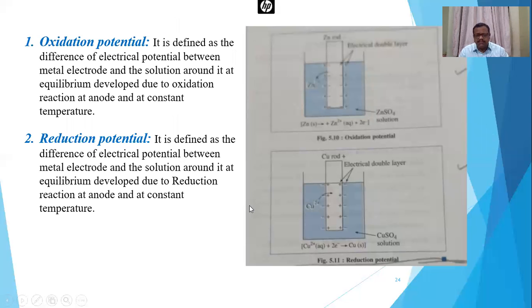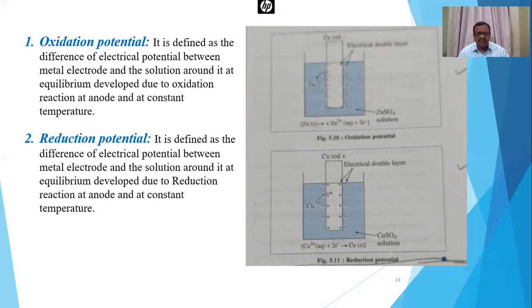So there are two types of potential: the first is called oxidation potential and the second is called reduction potential. Look at these diagrams. The first diagram refers to oxidation potential and the second diagram refers to the reduction potential. Let us first try to understand what is